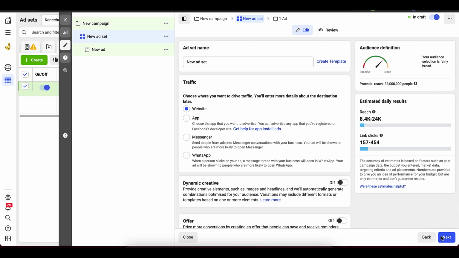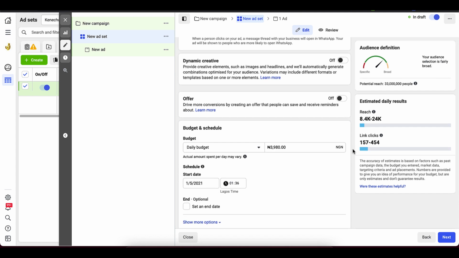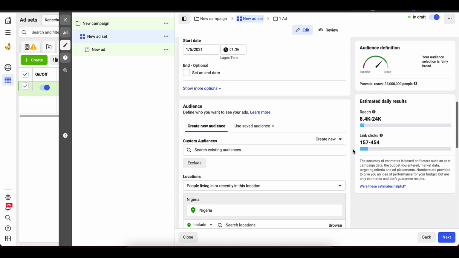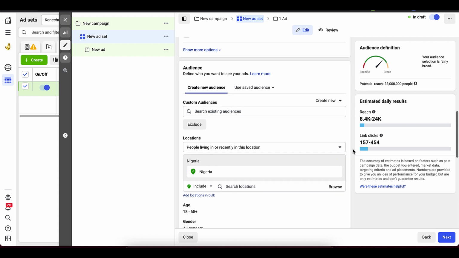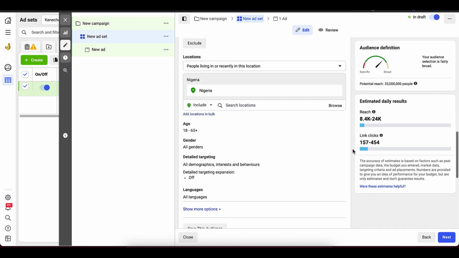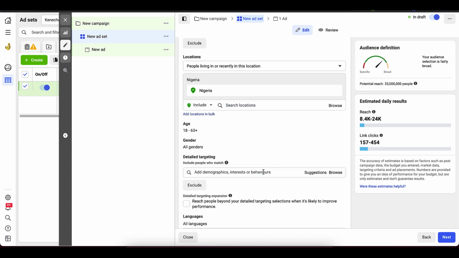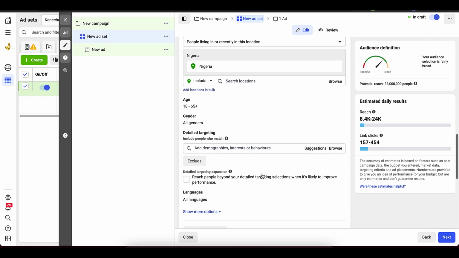So here on the ad set section of the ad, this is basically where we're going to be focusing. And like I said, we're talking about the interests that we're going to be using for targeting. So I'm just going to scroll down to the audience section, because if you run Facebook ads, you know that this is where you find the interests that you use for your ads. And then all I'm going to do is get over here where it says detailed targeting and click on edit.